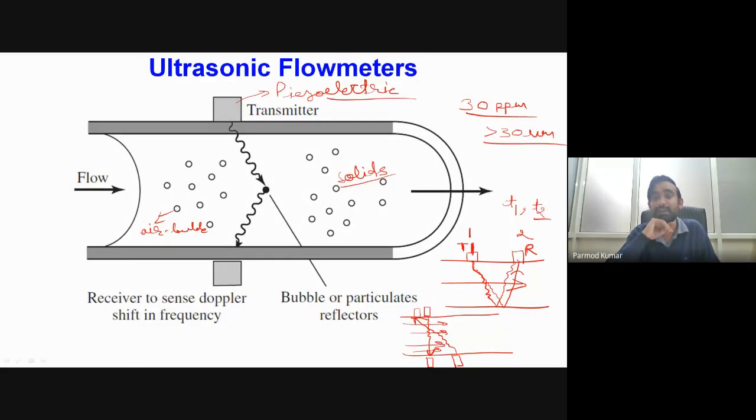velocity of complex fluids. Okay, so by complex fluids I refer to different types of fluids which can deteriorate other types of flow measurement devices. For example, if we are having slurry, which means some solid particles are dispersed inside the liquid water. Okay, so what will be happening? These solid particles may erode the surface of other types of flow measurement devices.